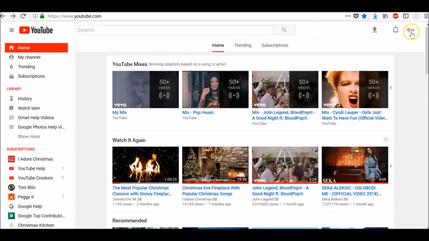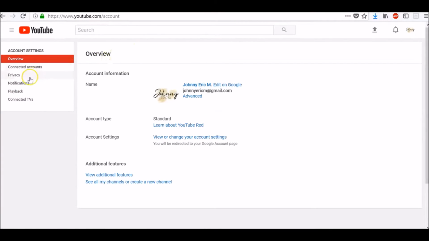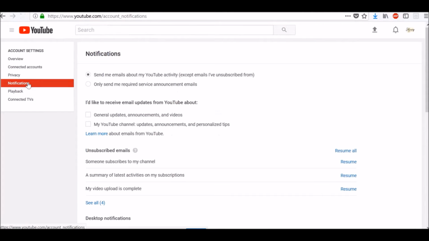In the top right, click on your photo and select the gear icon to go to YouTube settings. In the left-hand menu, click Notifications. Then you have two options: to receive emails about your YouTube activity, except emails you unsubscribe from, or only receive